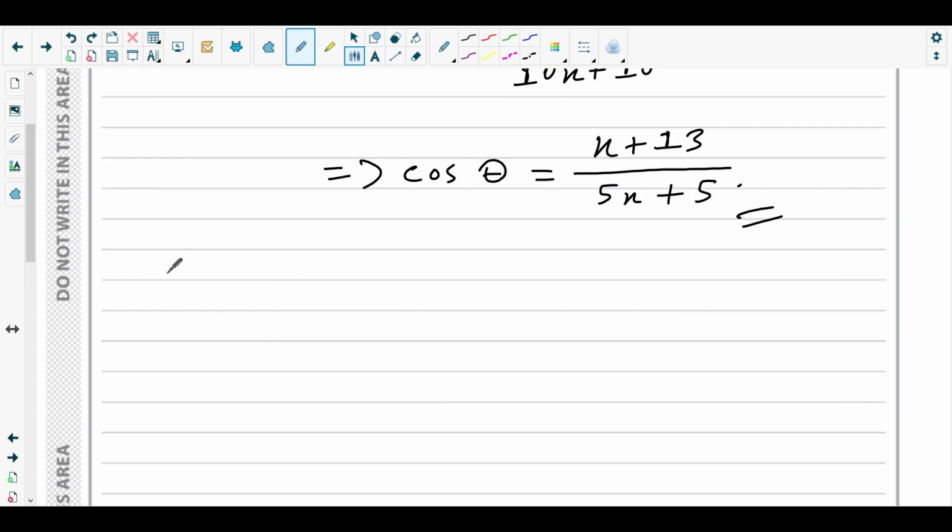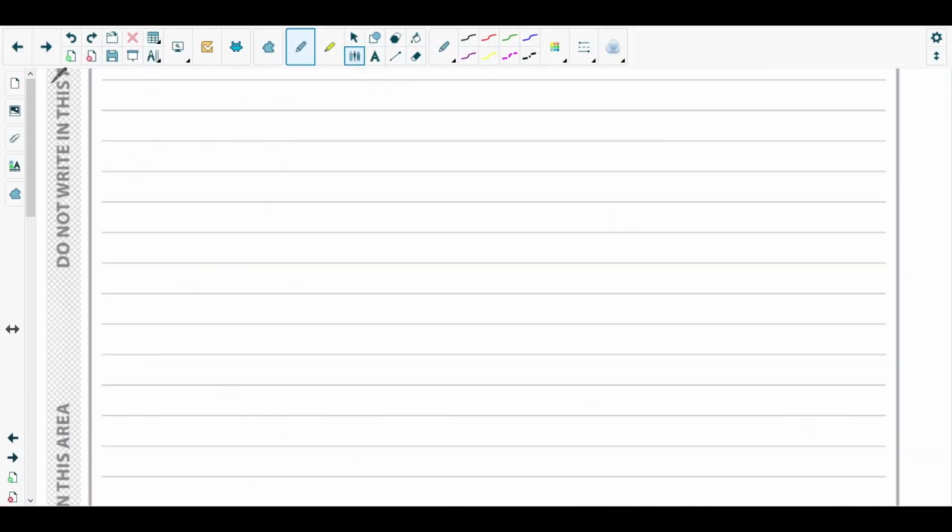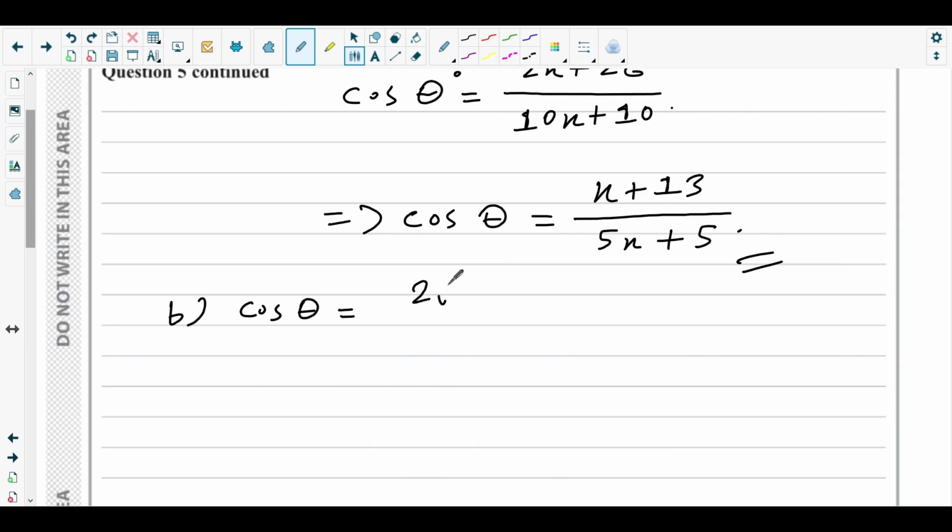Okay, so for part B, cos theta is given as the value for x is 2 square root of 3. So (2 square root of 3 plus 13) over (10 square root of 3 plus 5). To find theta in degrees, consider your calculator to be in degree mode. So (2 square root of 3 plus 13) over (10 square root of 3 plus 5), then cos inverse of the answer, that would give you